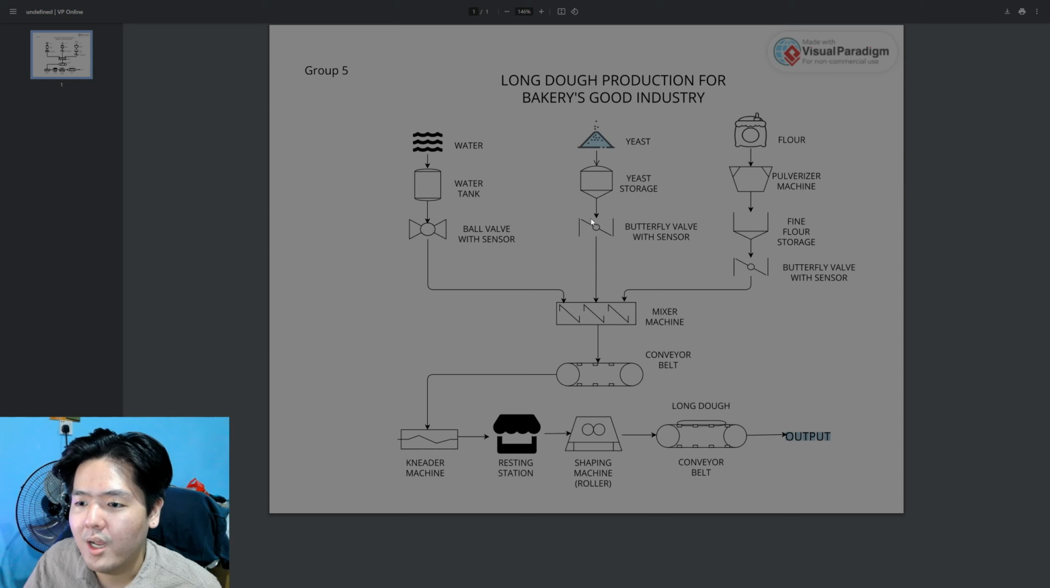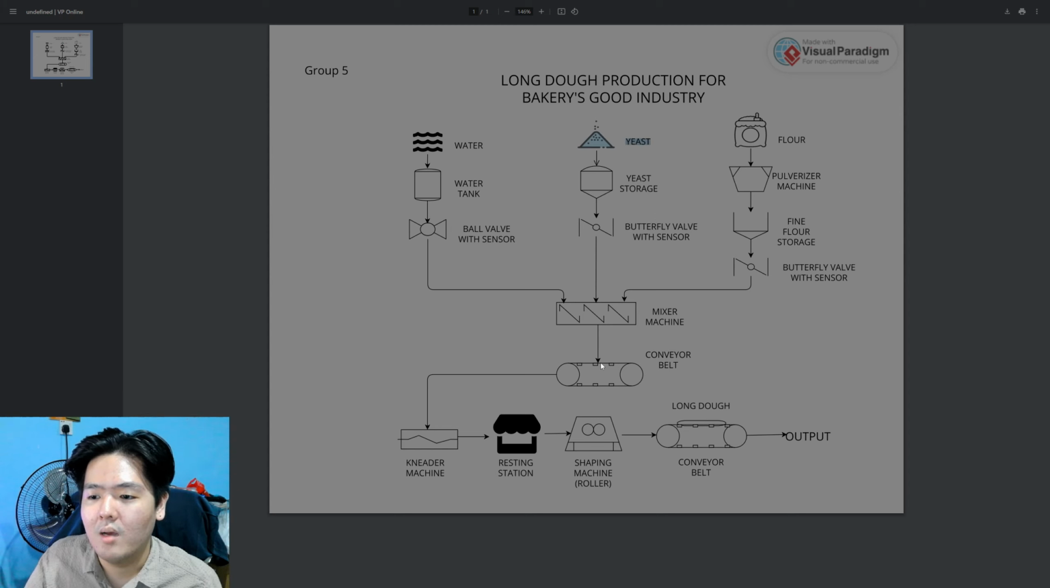Let me explain why the valve with sensor exists. Each of them has their own sensor, because before mixing together, in pastry you need a specific amount of water and a specific amount of yeast and also flour to create a good and optimal mixture. For example, if there's too much yeast, maybe in the resting station the fermentation could be rapid,